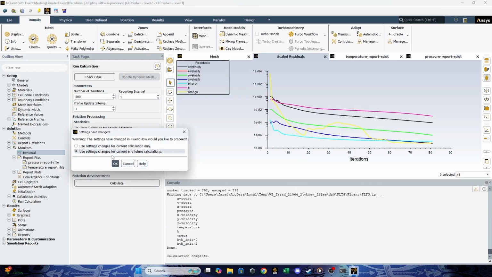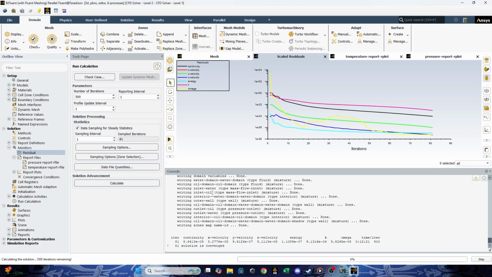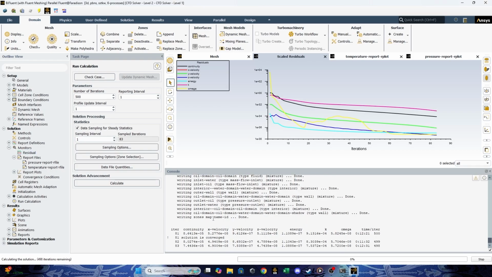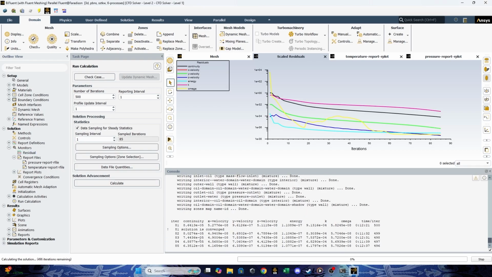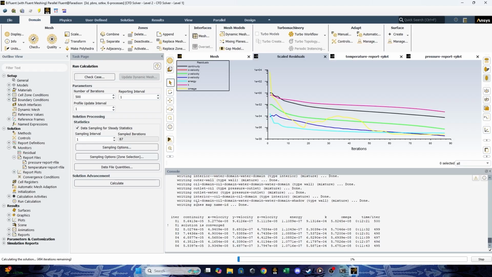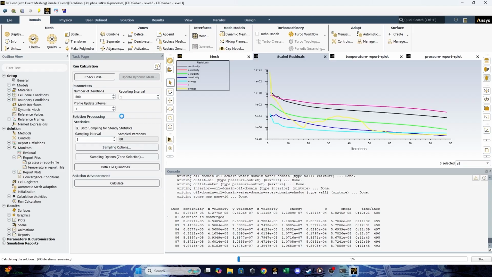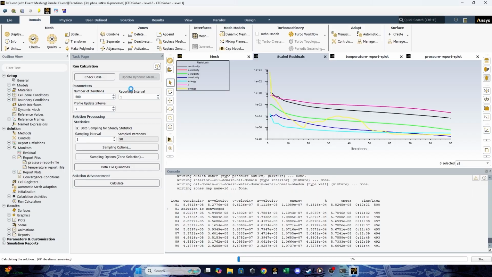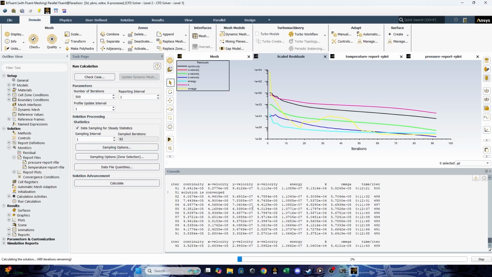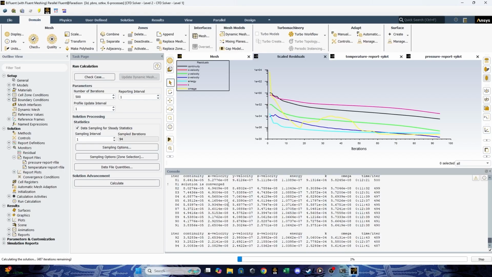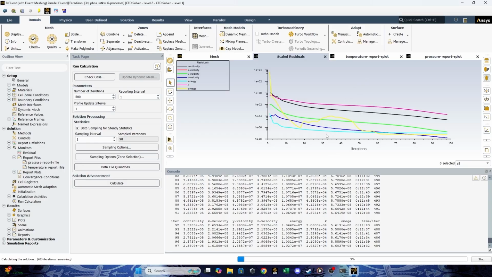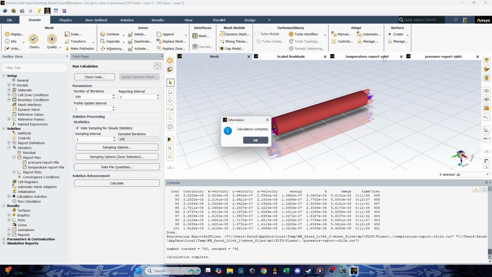You can choose this setting for current and future calculations, and then the calculation will continue until the number of iterations reaches 500. But what you want to do is useless, because the result has already converged and you don't need to do the iterations. So I will stop here, okay? Because we don't need further iteration calculation.